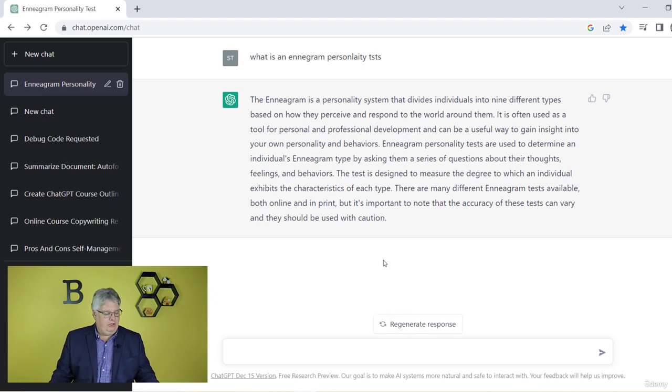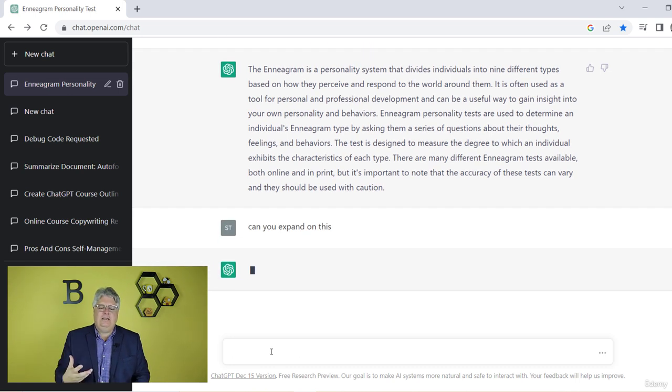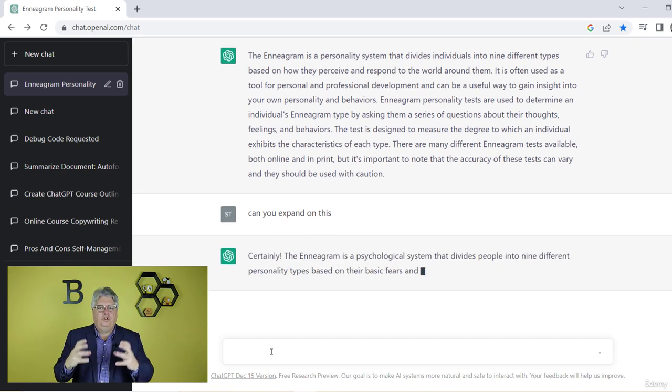But maybe what I want to do is, maybe I just need even more information. So I could just simply say, if you want to be polite, I'm polite, right? So can you expand on this? Well, it's basically expanding what they did. So that's tip number 2: if you get something that seems too short or doesn't